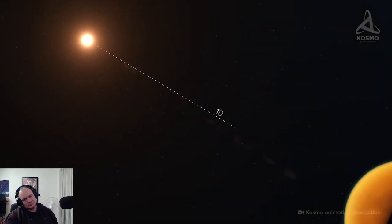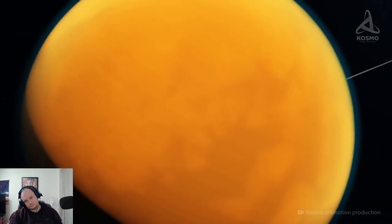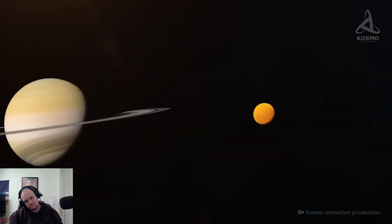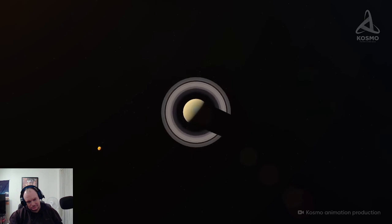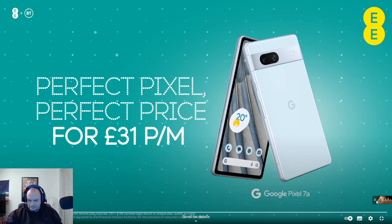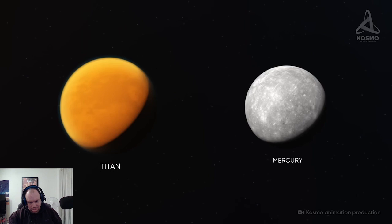Titan is located about 10 astronomical units from the Sun and is outside the habitable zone of our star. It is Saturn's largest satellite, and its orbit lies well outside the Great Rings, at a distance of about 1,200,000 kilometers from the center of the planet. The trajectory of the celestial body is close to circular, and a complete orbit around the gas giant takes a little less than 16 Earth days. Titan's diameter is